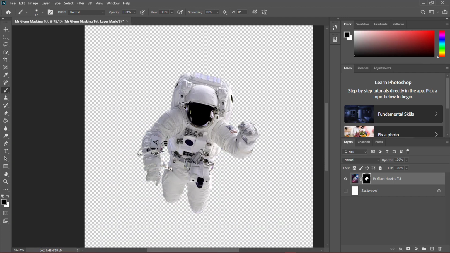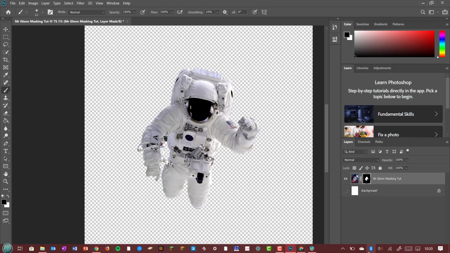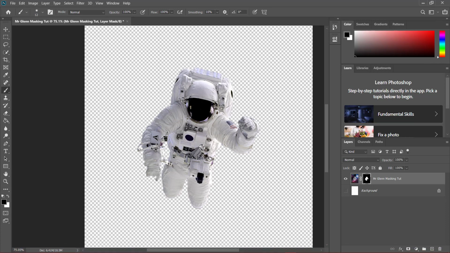Alrighty, so just using that brush with the black and white, I'm able to take stuff away and put stuff back with a lot more control. So I'd like you to have a little go at that. That's the first bit. The next bit is going to be about adding